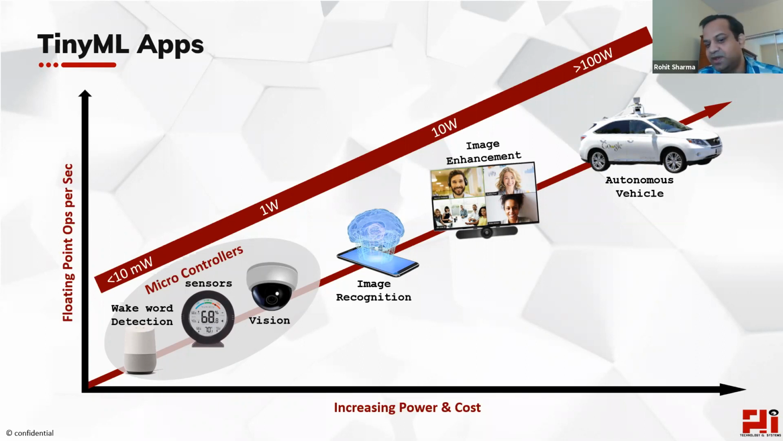On the x-axis, you have increasing power and cost of the silicon and the board. On the y-axis, you have floating point ops per second in the increasing direction. So microcontrollers, or the TinyML movement, is essentially focused on applications that can be brought and processed on these microcontrollers, from 1 milliwatt to up to a watt. And practically everything can fit in that range,